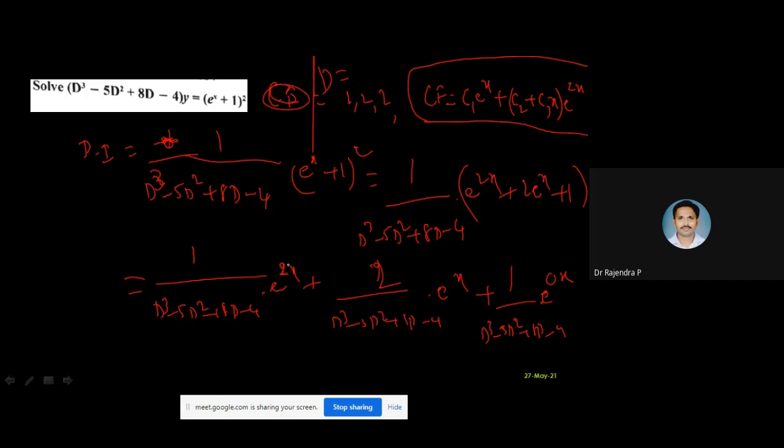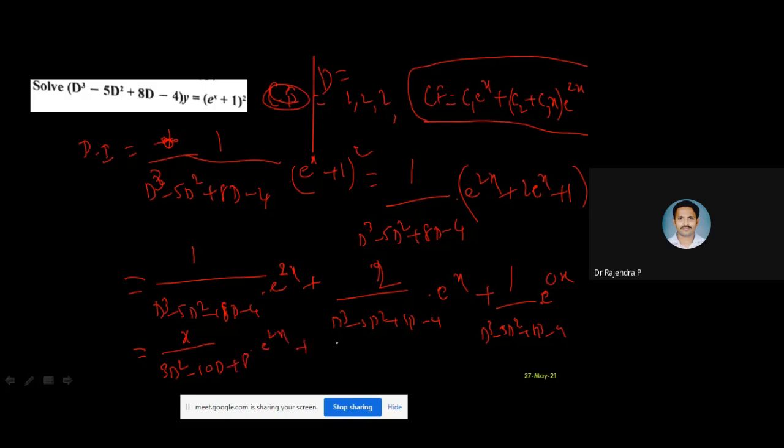If you substitute the values directly, sometimes you may get 0. Then what should we do? Suppose I substitute here, what is going to happen? Tell me. First one. If I substitute here, we get 0, because 1 is a root, we already know that, and 2 is also a root. So 2 substituted in the polynomial will definitely give 0. So multiply x to the numerator and differentiate the denominator. If I differentiate, I get 3D square minus 10D plus 8 into e power 2x.